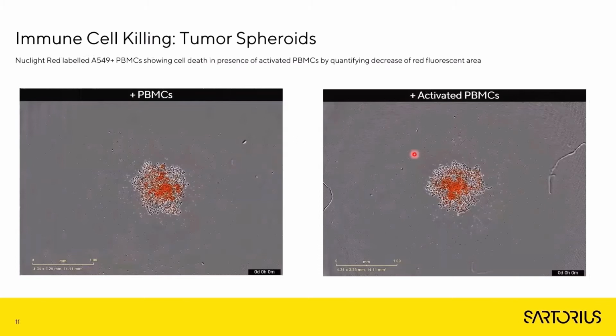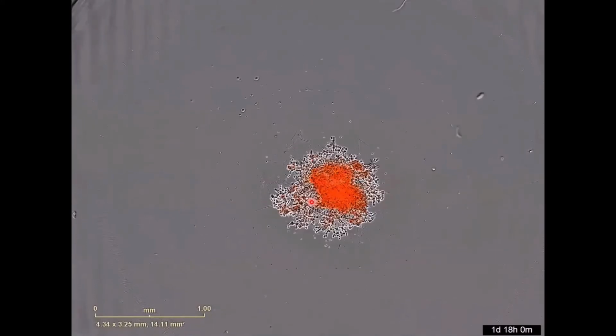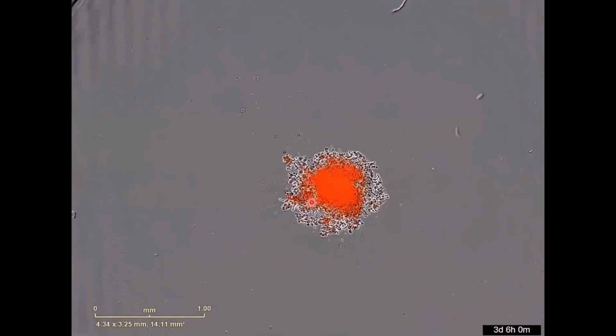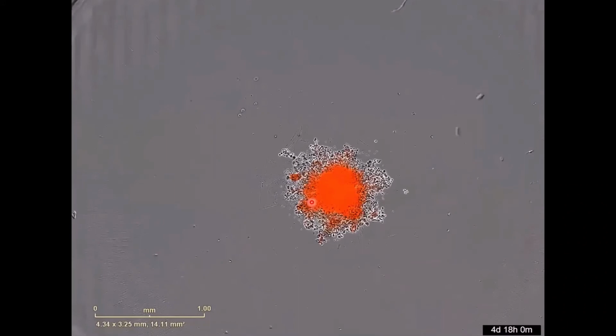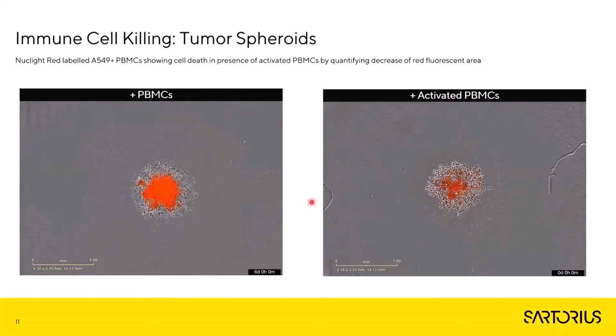And then to finish up in the functional studies, we then want to take this to something that's more physiologically relevant. So we can utilize a tumor spheroid immune cell killing assay. Here we have A549 cells. These have been cultured with PBMCs. The A549s express a red nuclear restricted marker. We can see when we look at non-activated PBMCs, we can see a proliferative response from that. In that spheroid, we see an increase in red fluorescence.